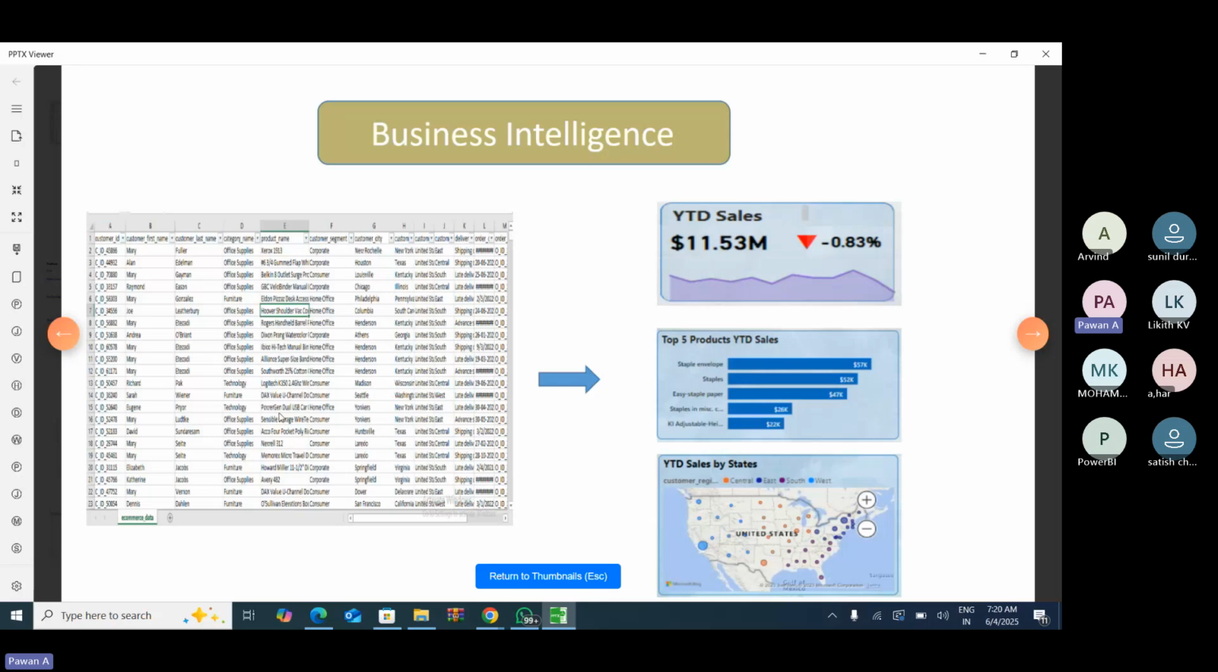If you just look at this kind of data, all you can see is maybe the column headers or the values inside the columns. But you will not be able to figure out what the data is trying to tell you, or what kind of inferences you can make out of this tabular form of data. But business intelligence involves converting this form of raw data